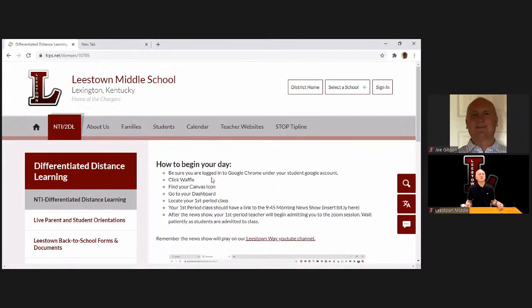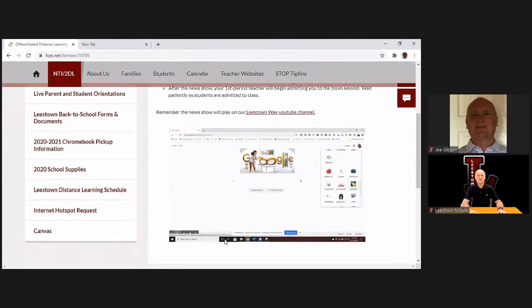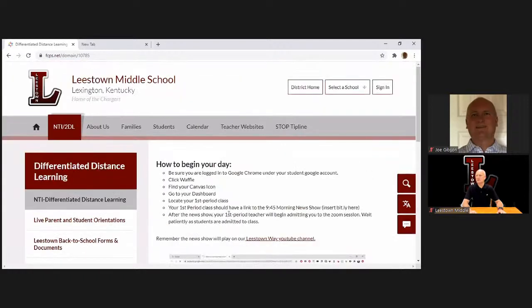Now, some sessions may be a Zoom session. Some may be a Google Meet. All right. So when you go to that class, it will either say a link for a Zoom session, or it may say a passcode for Google Meet and tell you exactly how to get to the Google Meet. So don't freak out if you see that. You don't see Zoom. Look for Google Meet, and you would just go to where it tells you to go, and you would put in that simple little passcode. All right. Also, we do have a little demonstration down there on the web page about Canvas. So we're trying to put that several different places so that you see it.